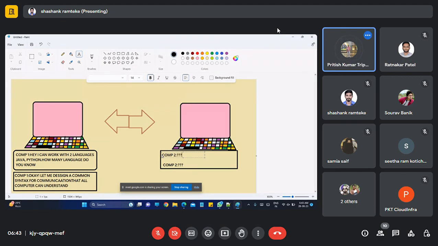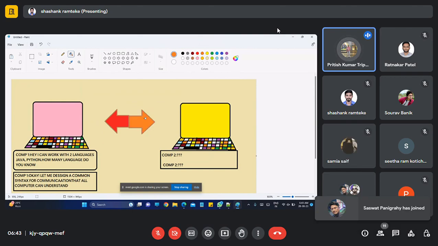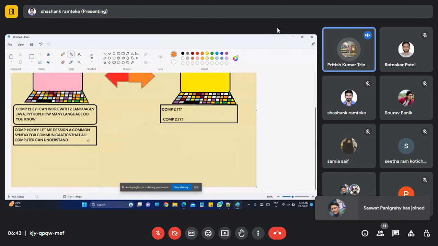Okay, now what this guy will do, he will try to establish a communication between the computer 1 and computer 2, and for that he will design some certain specific thing. How he is designing or what he is writing, let's see.